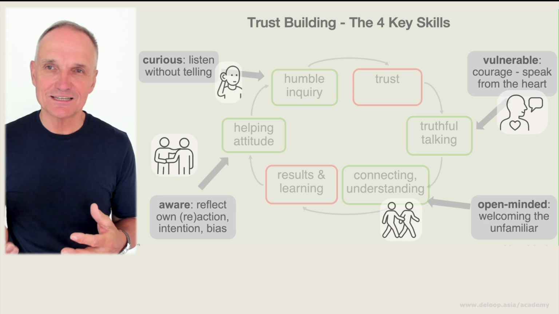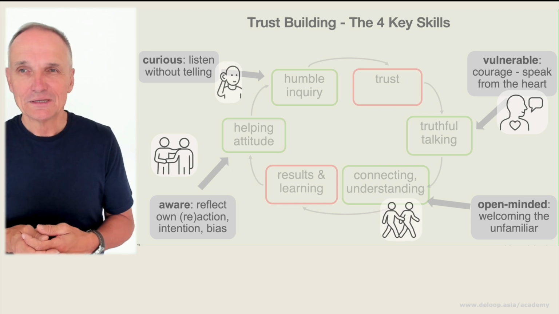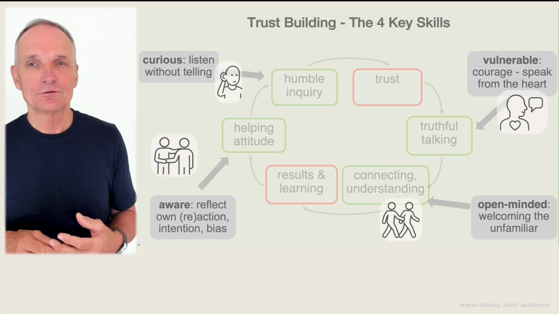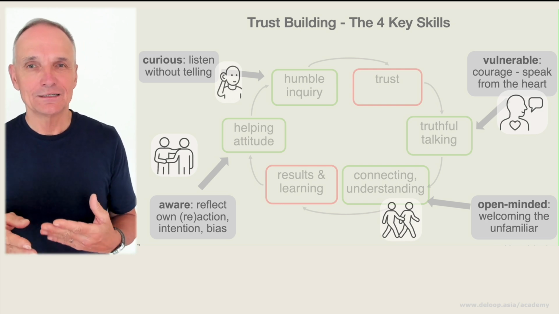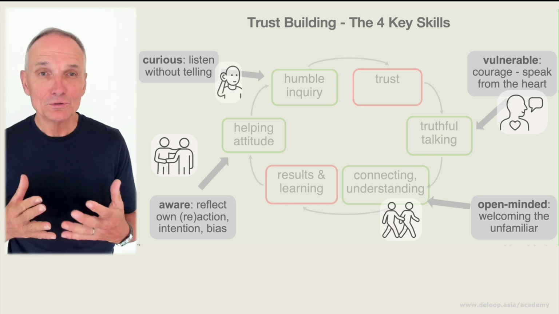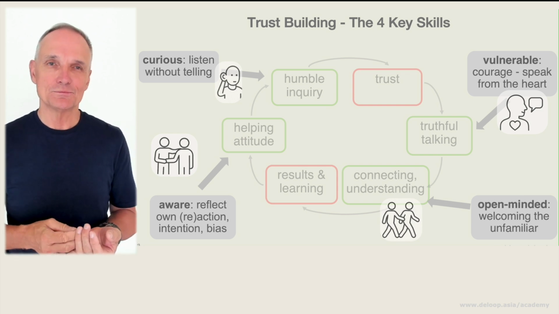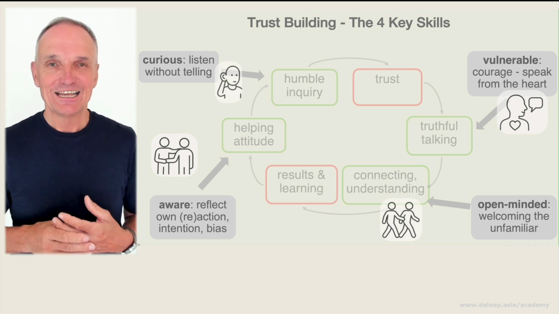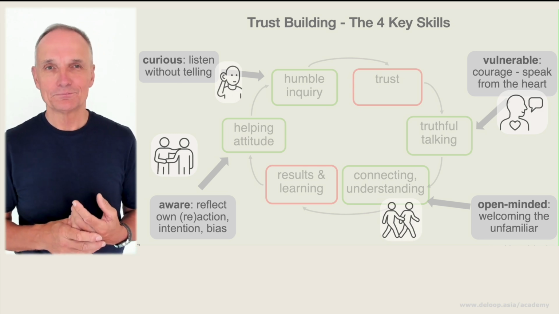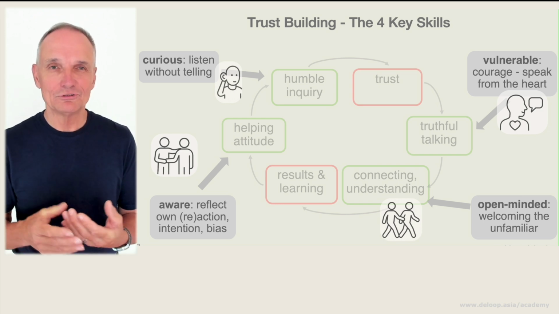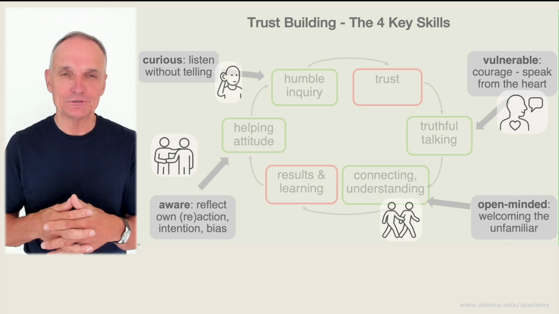So now the other person can say, I choose to truthfully talk with you. I show you really what I think and feel and am able to do. And so this truthful talking creates more connection and understanding between the two of us. And then we can create results. But for truthful talking, both of us need to make ourselves vulnerable. Because if I show really what's inside me, it definitely shows my vulnerability. All of us have it. It's just depending on the culture and environment that we grew up in, this is easy to show or difficult to show. And psychological safety in the room, hopefully you have this in your teams enough. If not, you need to create it more. It makes it easier for people to show their vulnerability.